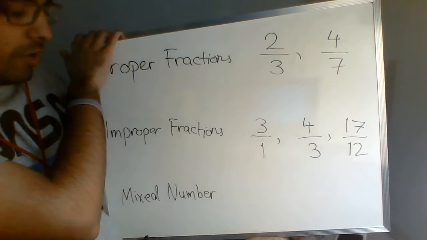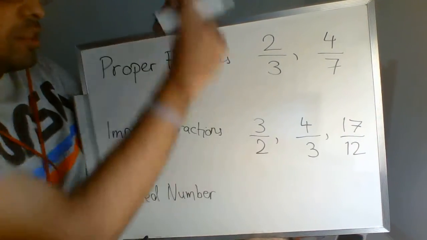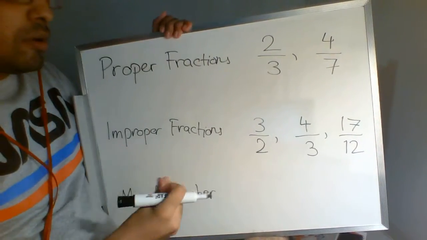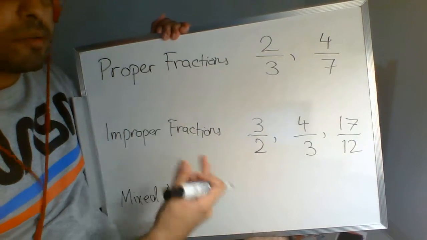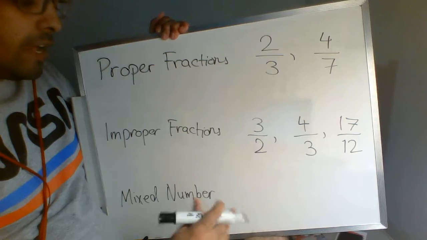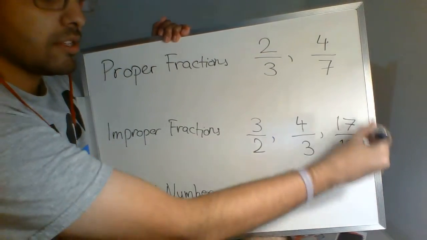But anyway, back to mixed numbers. I'm going to change that back to a 2. Mixed numbers are those where you have more than one whole. So just like improper fractions, we've got more than one pizza, if you will. And instead of expressing it like this, what we've done when we write it as an improper fraction is